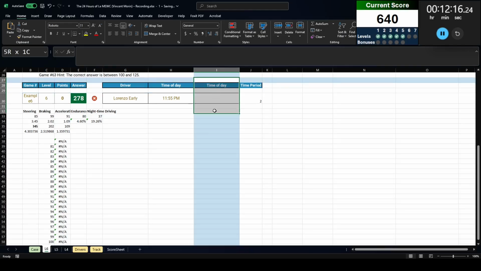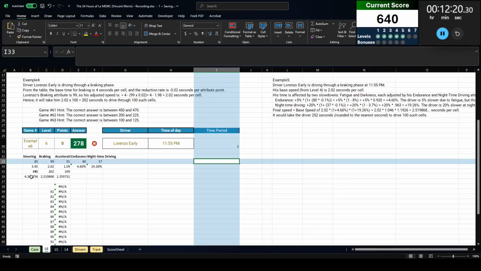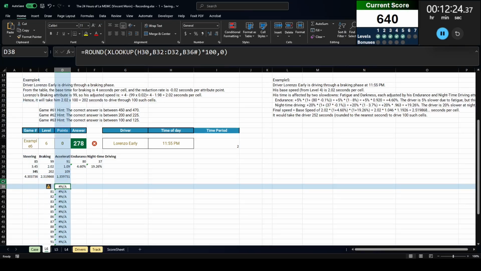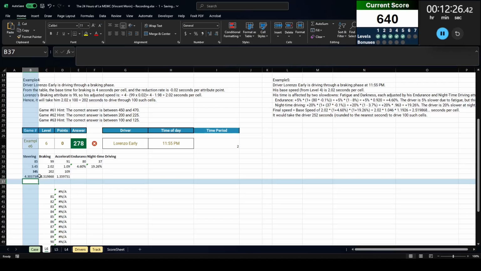Now can I delete that, or is that still going to break it? It shouldn't break it now, right? No, okay, we are good. All right, so this is all good. We just need to get the number of cells for the track, which I believe we can get on this